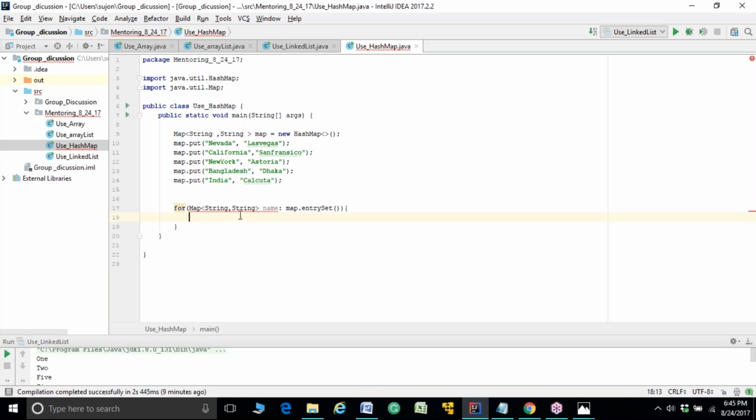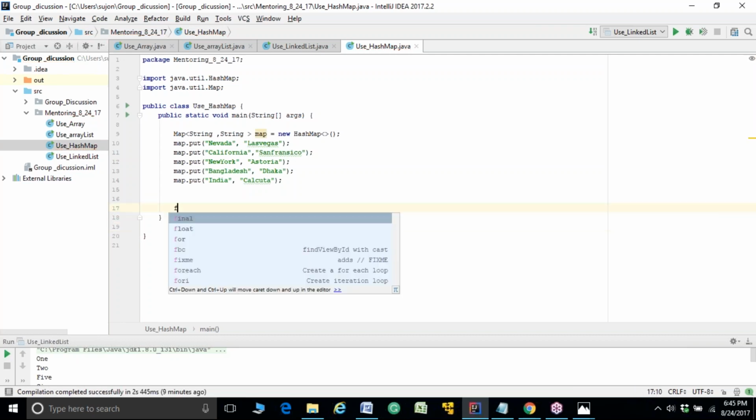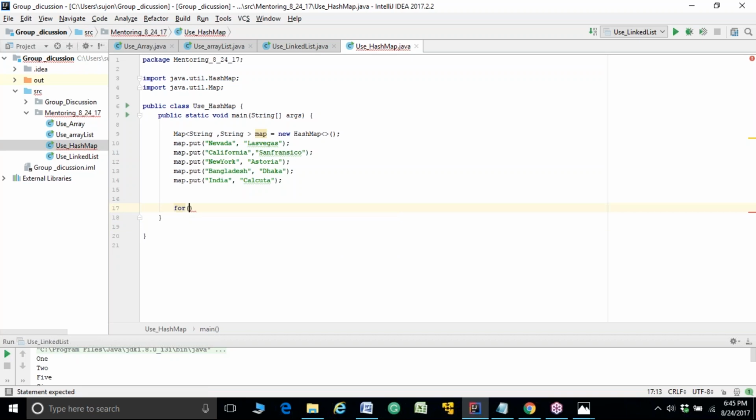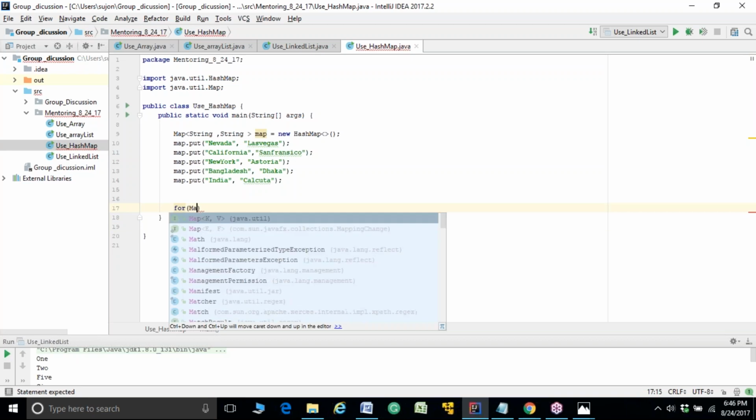I'm getting error in here. Oh, sorry. So for map interface